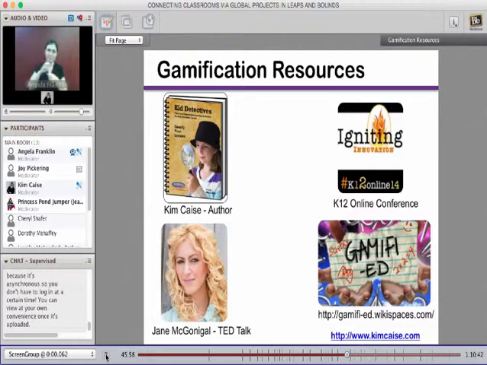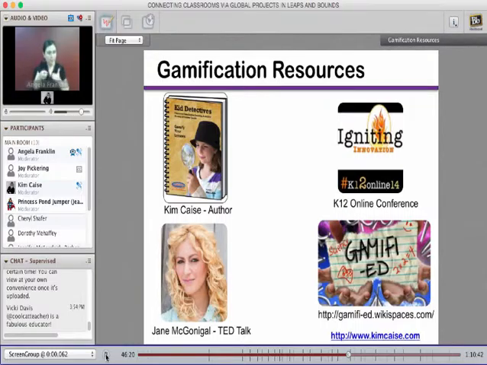So I encourage you to check out these resources. And the TED Talk by Jane McGonigal, she is an excellent resource and guru on gamification. That's a great way to get started and get some background knowledge, so that when you implement these activities in your classroom, you can express what's going on to parents and administrators, as well as manage things in your classroom and create some really exciting different types of learning activities for your students.